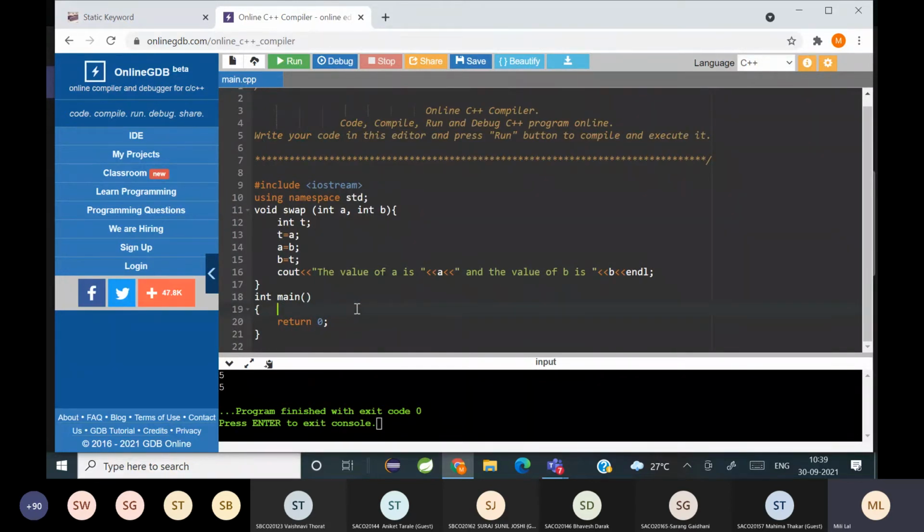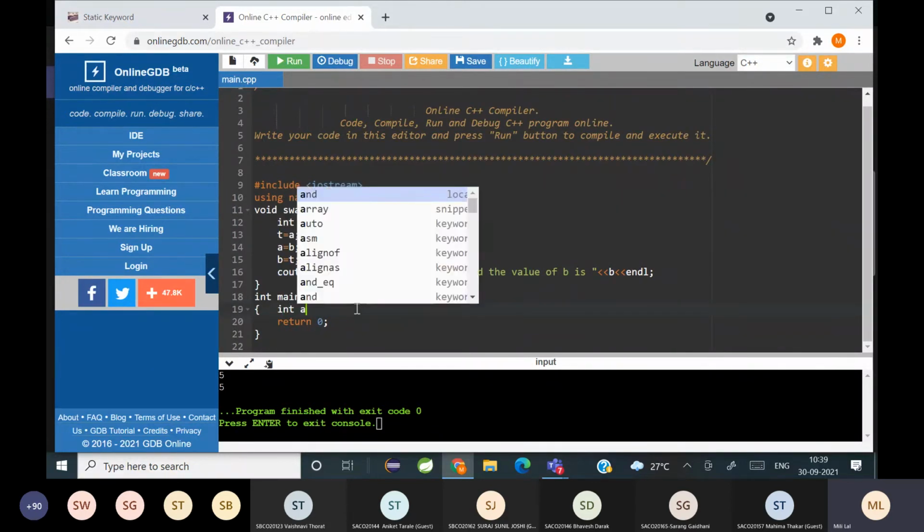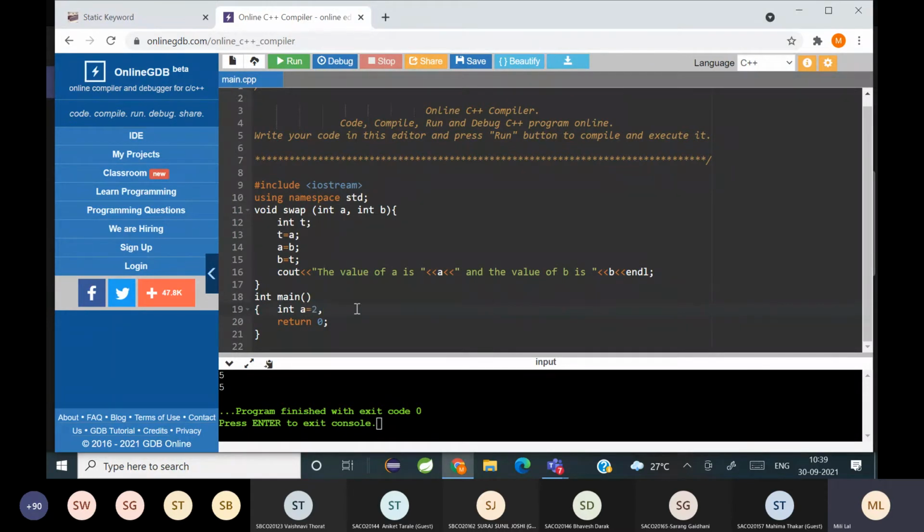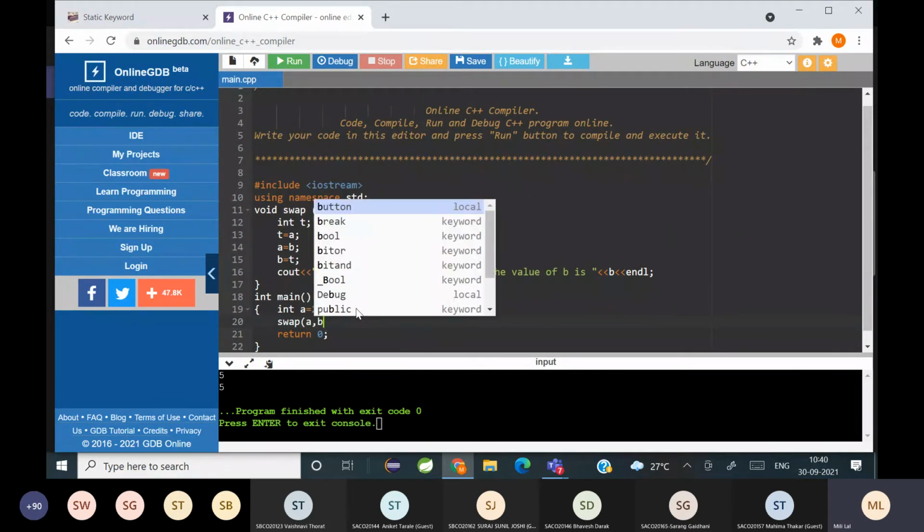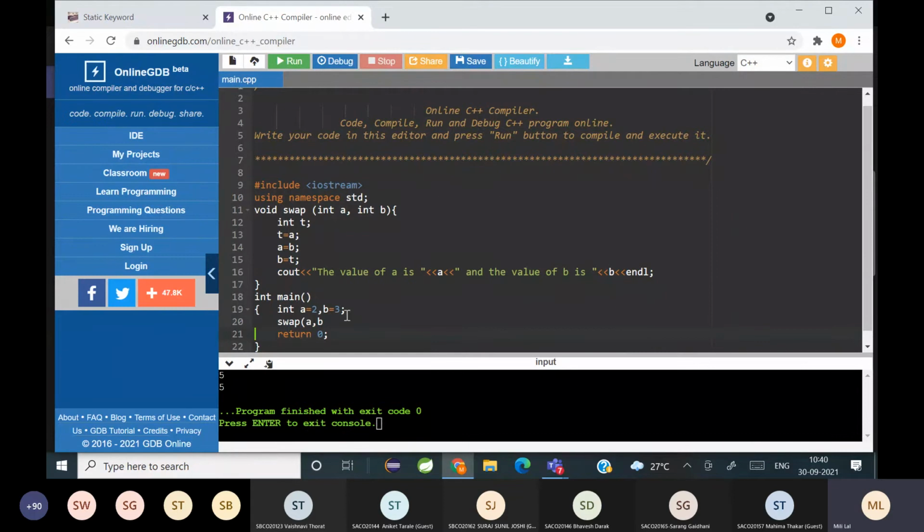And here, suppose I'm not taking any values from the user right now. I'm just showing you an example. a is equal to 2, b is equal to 3. swap फंक्शन को कैसे कॉल करते हैं? Swap(a, b).